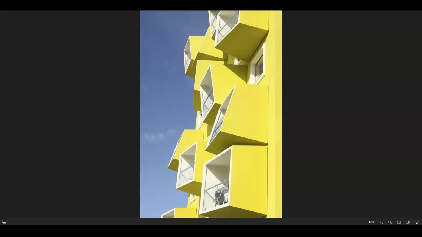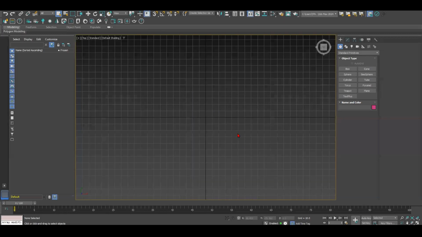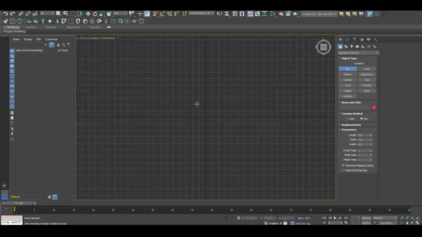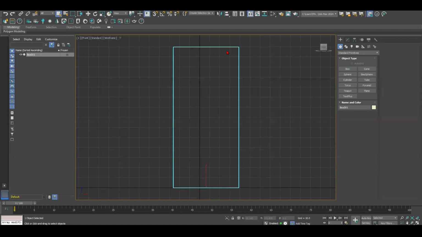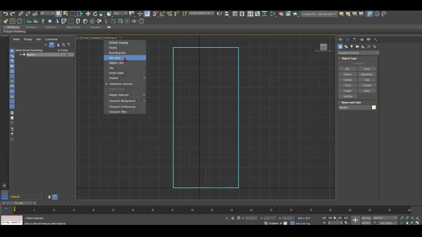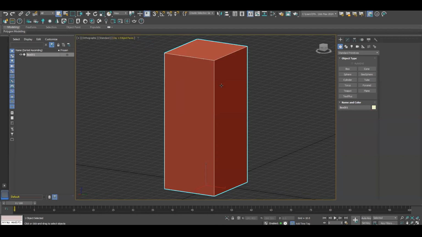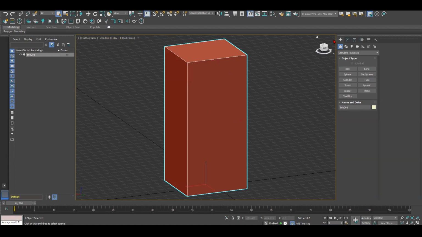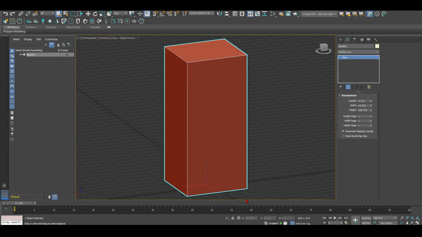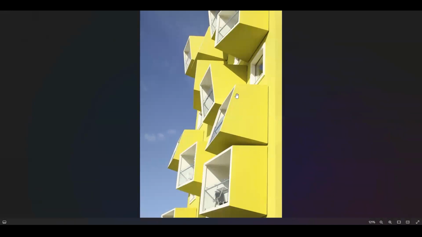Hi everyone. Today I'll present the idea of having an extruded facade similar to this, and how to do that in 3ds Max. So we'll start with the idea of having the building itself. We can start with a basic box, and let's see the clay version with each face. So I need to know how many segments I'm going to have to match this facade.